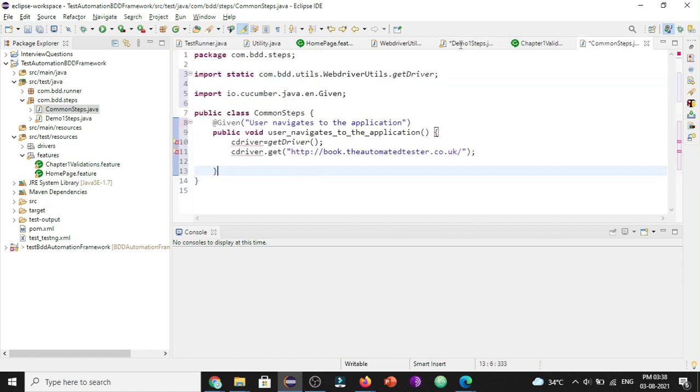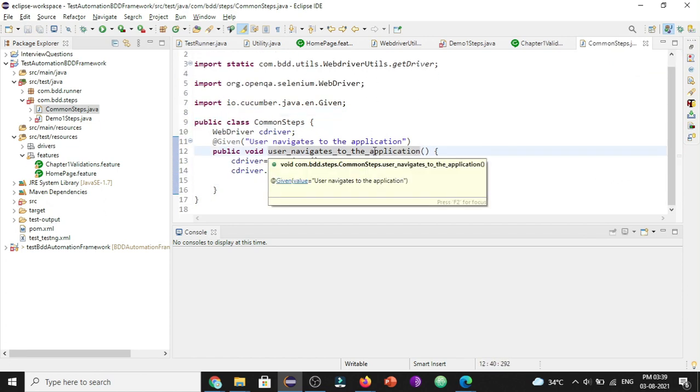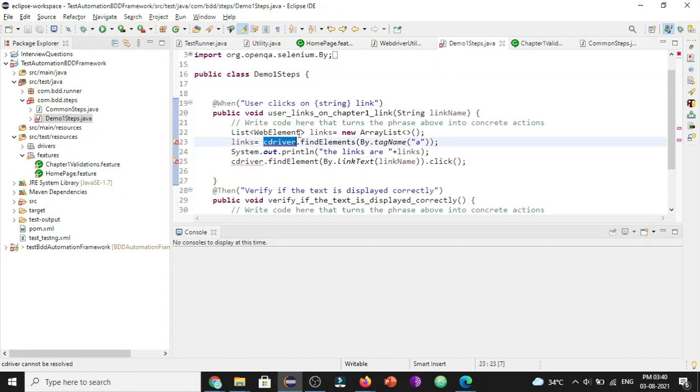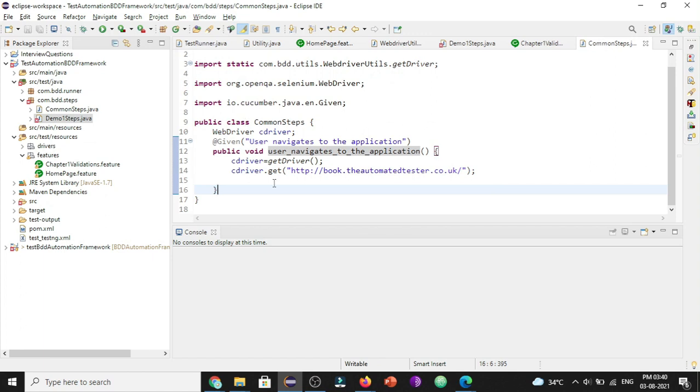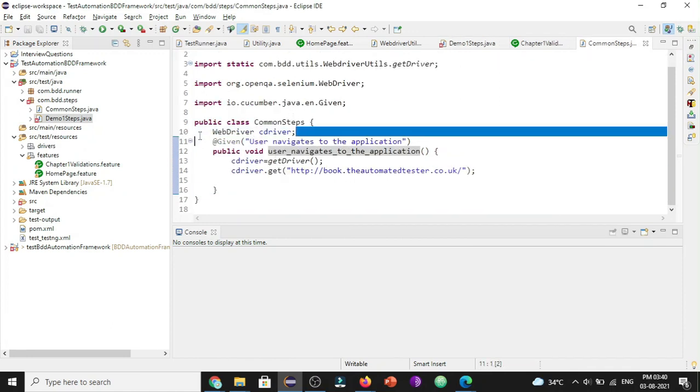So let's move this WebDriver as well. Even in future, if we observe that there is any other step which is common across all the feature files, we can just come to this common steps.java file and add those test steps under this file. And here, when you observe, the WebDriver variable is throwing us an error because we have defined the WebDriver under the common steps.java file, and we are not able to use it as we defined it at the class level of this common steps.